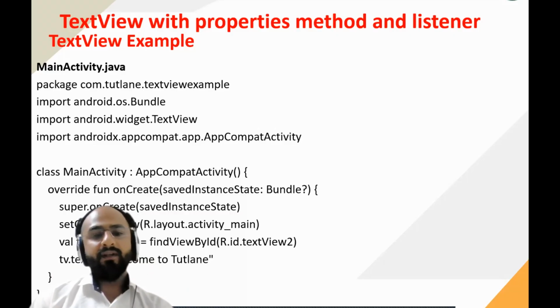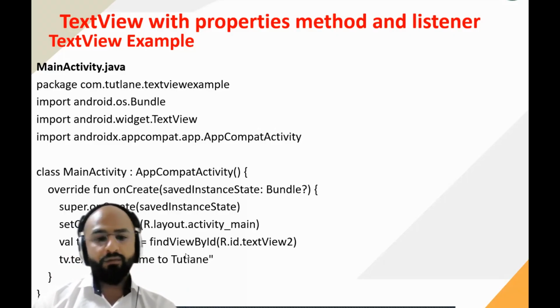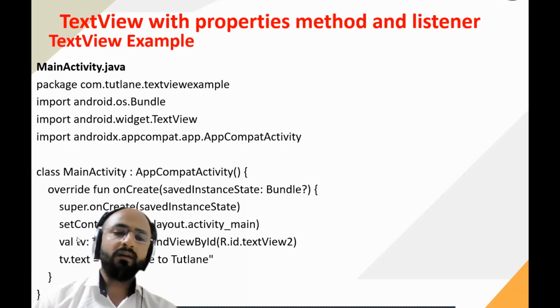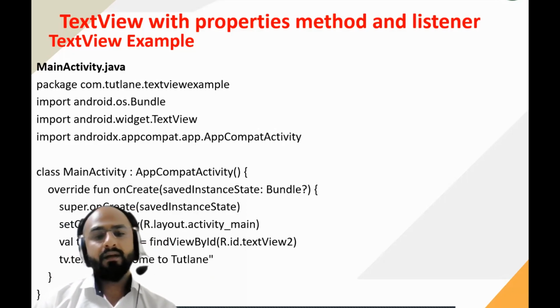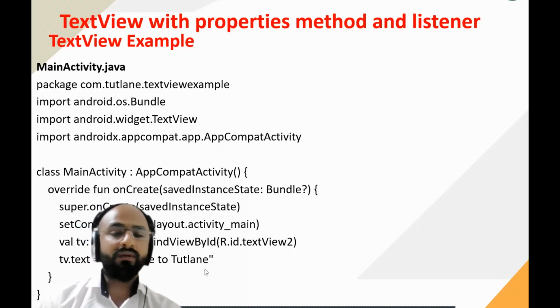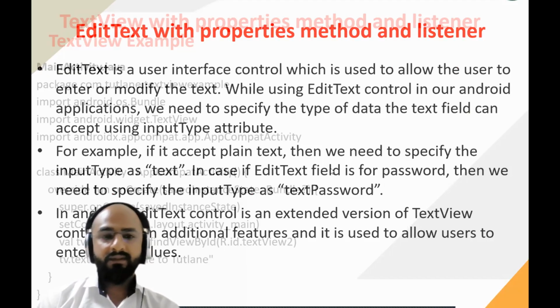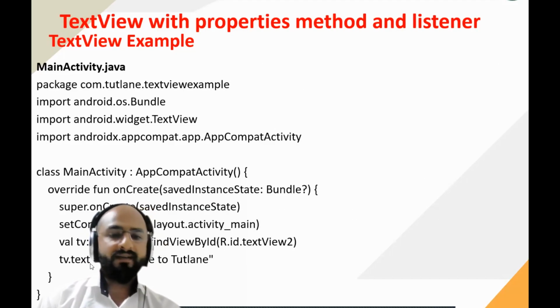Okay. So what I have written over here is findViewById(R.id.textView2). So all the control of that text view will be available on tv now. Right? So all the control of that text view that we have defined in the XML file is now with tv. Then I have written tv.text equal to "Welcome to University", right? So with tv.text, we have set the text over here, "Welcome to University", right? This is what the MainActivity.java file that we have created over here, and we have accessed the property of